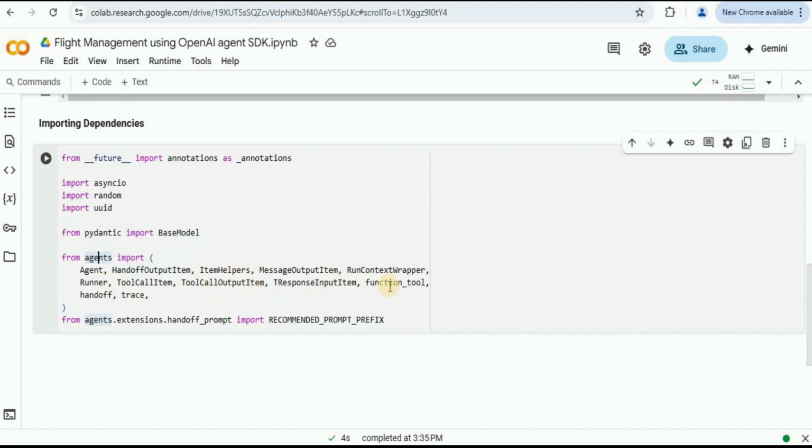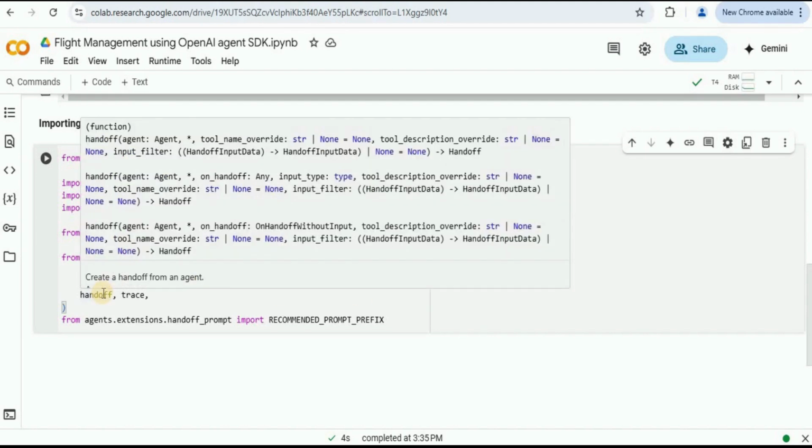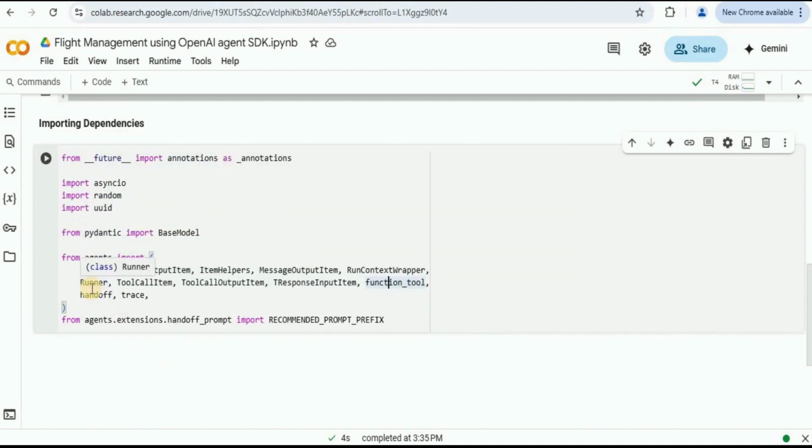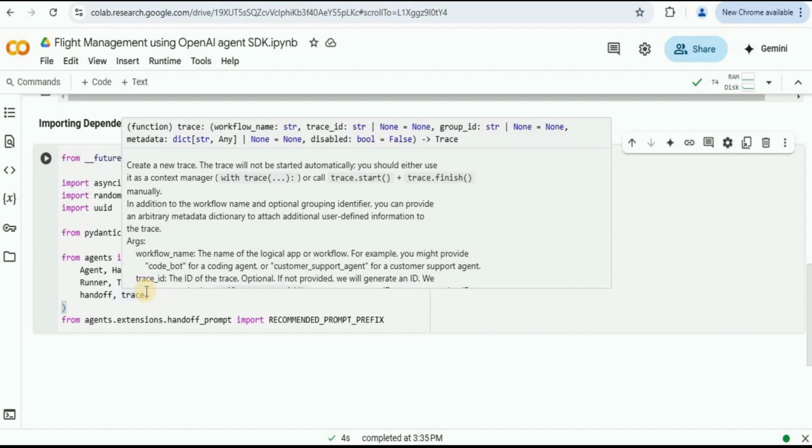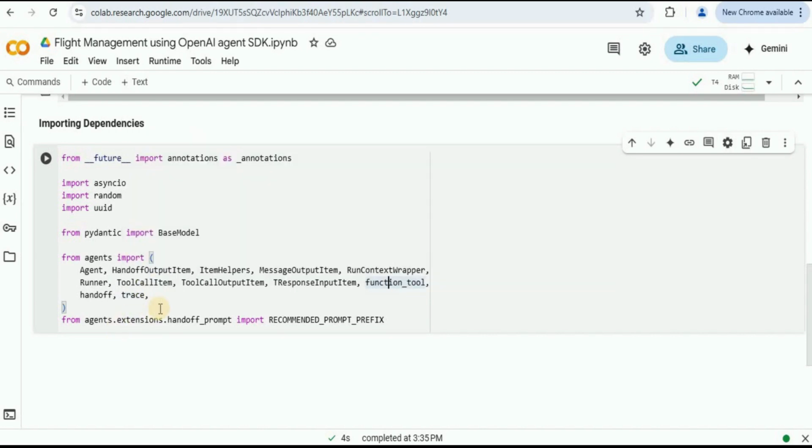We have function_tool, which is actually a decorator to define the tool functions. Then we have handoff, which allows an agent to transfer a query to another agent. And then we have Runner, which runs the AI agent pipeline. And lastly, we have trace for logging and tracing the customer agent interactions. And then from the agents extensions handoff prompt, we are importing the recommended prompt prefix to be passed while creating the handoff.